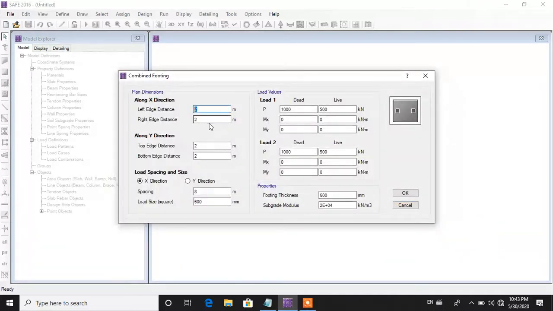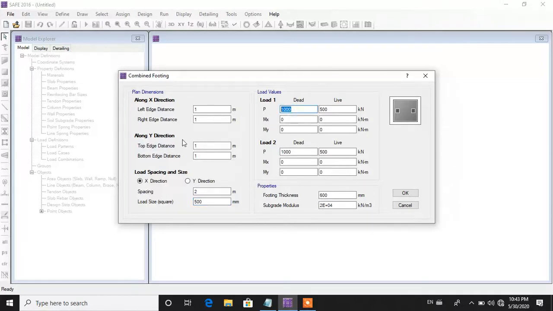Left edge distance as calculated is 1 meter, right edge distance 1 meter, top edge distance 1 meter and bottom edge distance 1 meter. Spacing in X direction is 2 meter. Load size, give the value of 500 mm square.